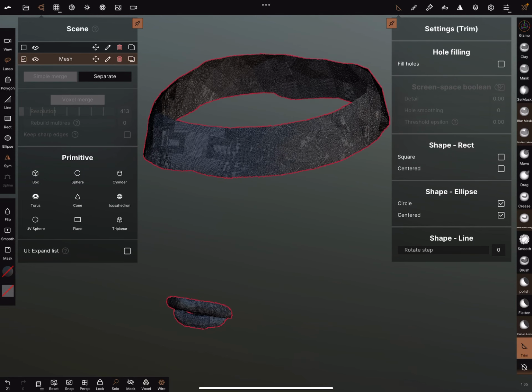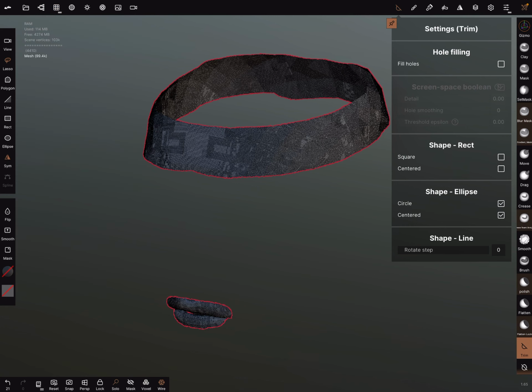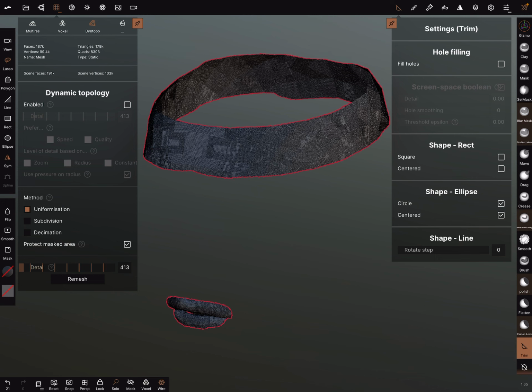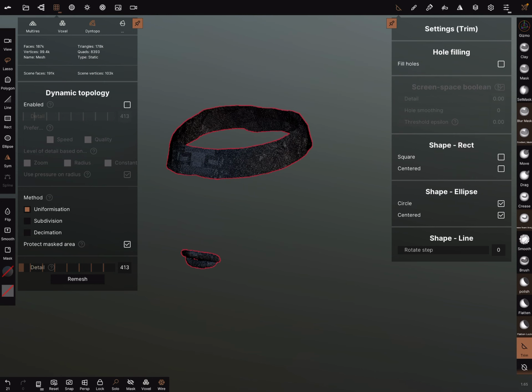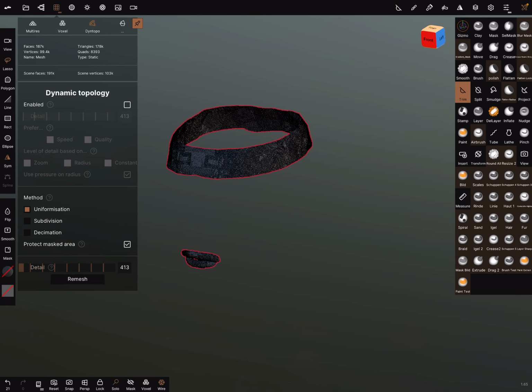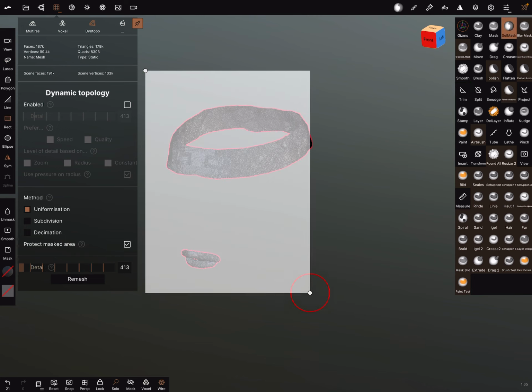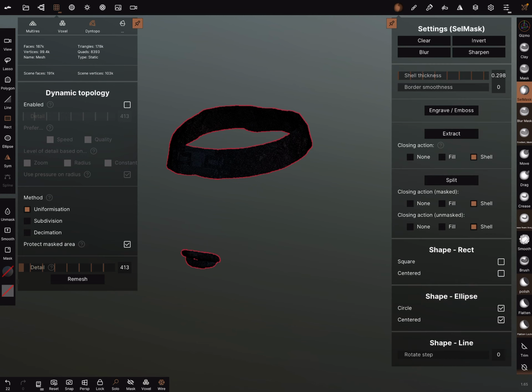And one important thing is you can now give it a thickness. There are many things possible. You can use a cell mask and extract it.